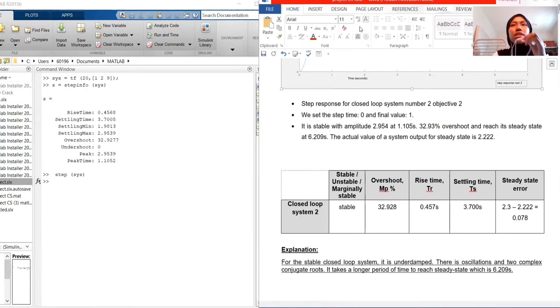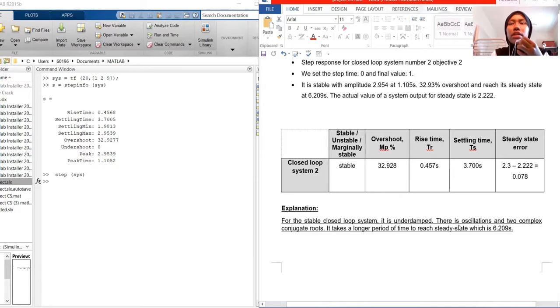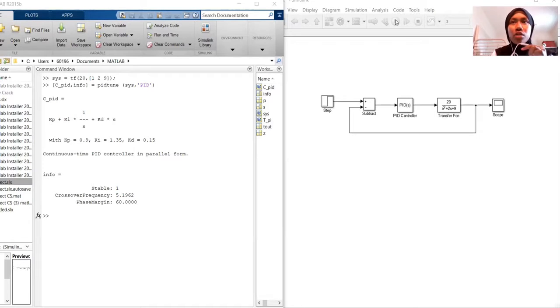For this system, we can say it is stable, reaching its steady state at 6.209 seconds. And the actual value of the system output at steady state is 2.22. Underdamped, there are oscillations. It takes a longer period of time to reach a steady state, which is 6.209 seconds. For objective 3, I use a PID controller, which is the more common controller we use,